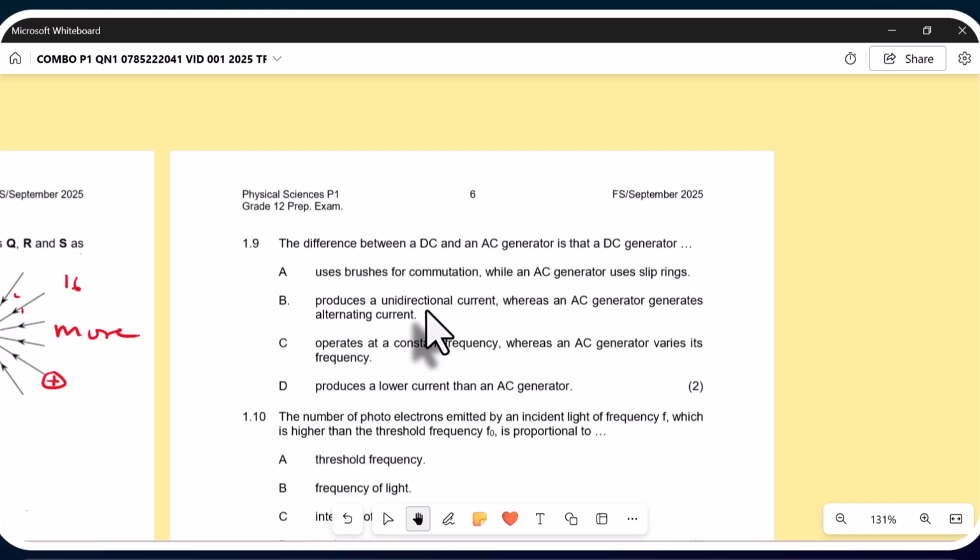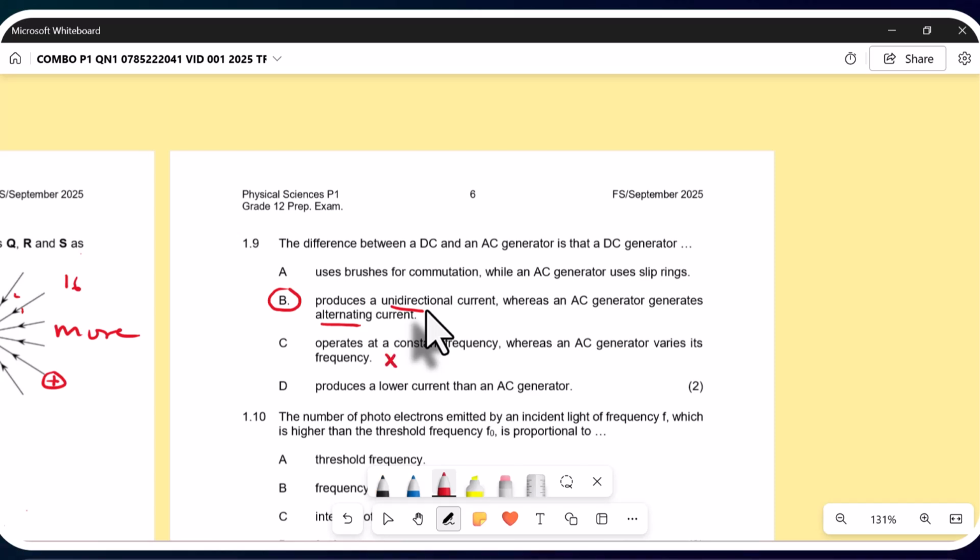Now look here, guys. If the question was saying that the number of photoelectrons emitted by light of frequency f, and they want us to say it depends on what, without saying higher than threshold frequency,